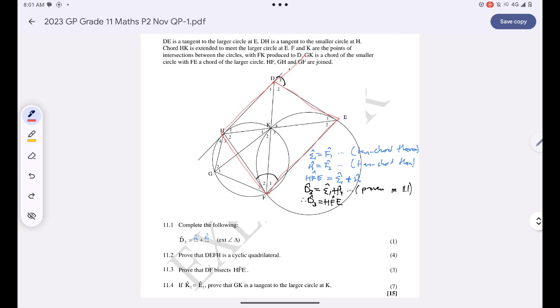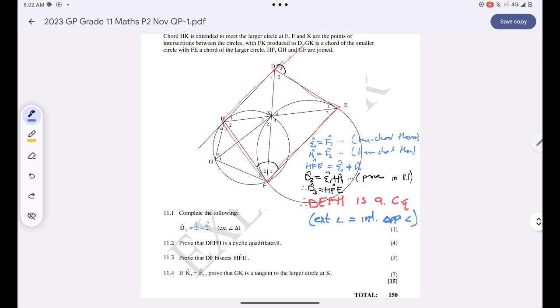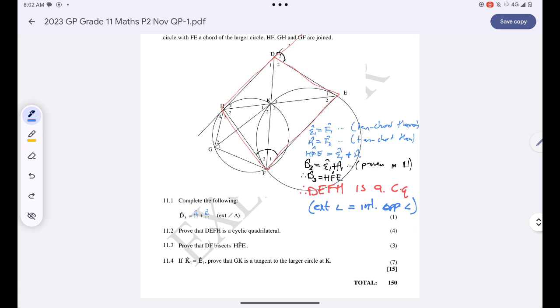So therefore DEFH is a cyclic quad. I'm lazy to write cyclic quad in full. The reason, you can simply say the exterior angle is equal to the interior opposite angle. Are we together? And then now we are supposed to show that